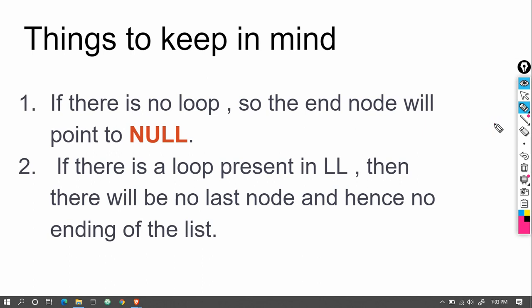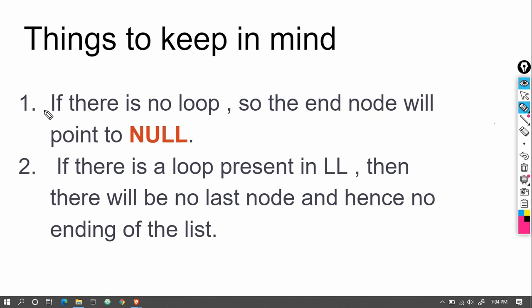Alright, so these are some things that we have to keep in mind before jumping to this question. First of all, this is a naive approach. This means this is a very simple approach. I am not heading to the complex approach, which uses O(1) space. This will use a hash set or unordered map, because this video is for beginners. So we will use some extra space, and this should be kept in mind.